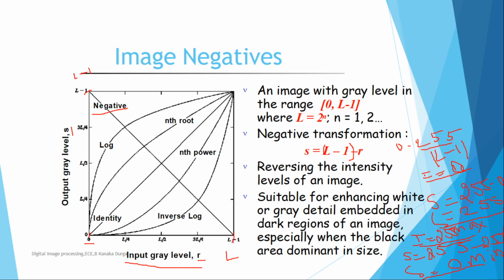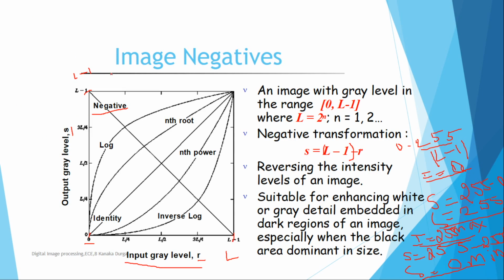So at that time we cannot precisely identify the exact location and size of it, so we have to go for image enhancement. If I go for the image negative, the black of the tumor is converted to white, so that we can precisely find the area and width of the tumor.